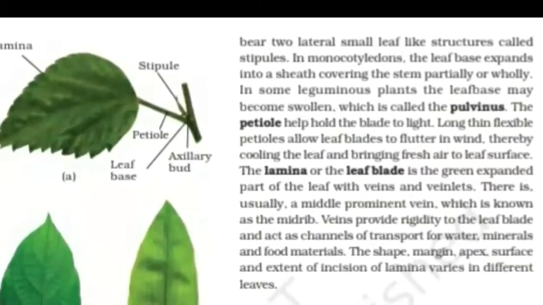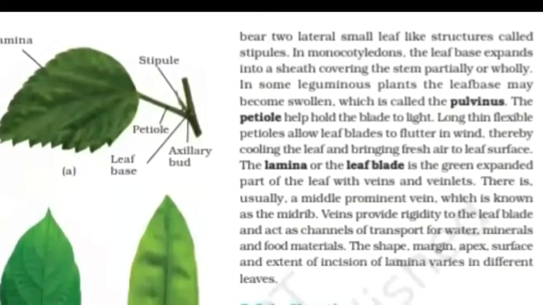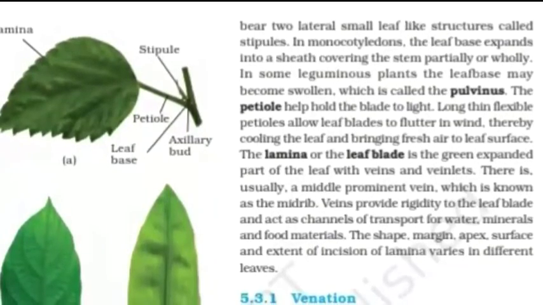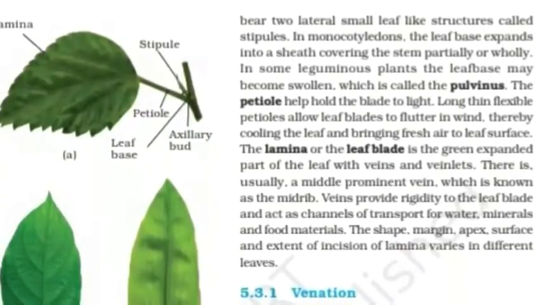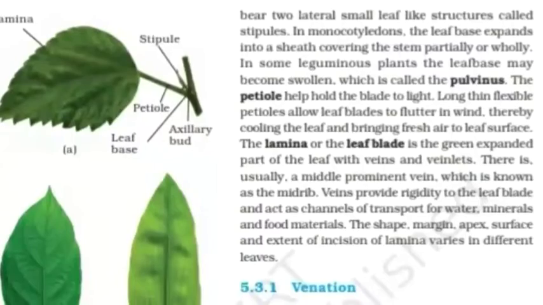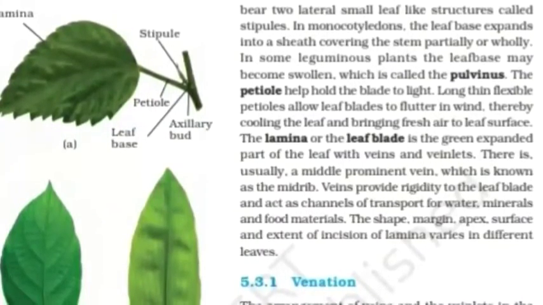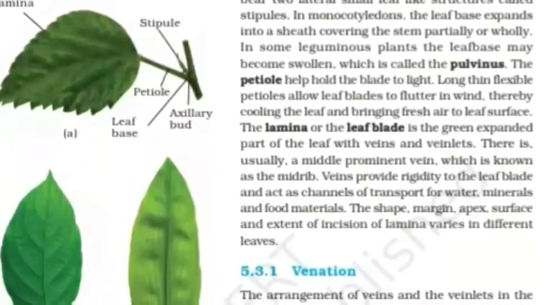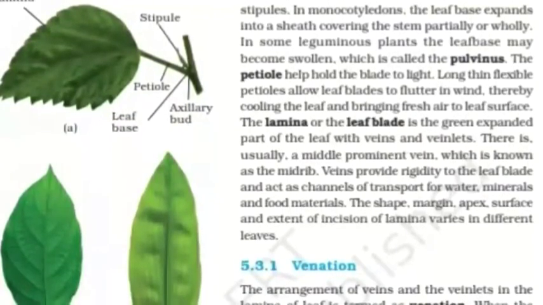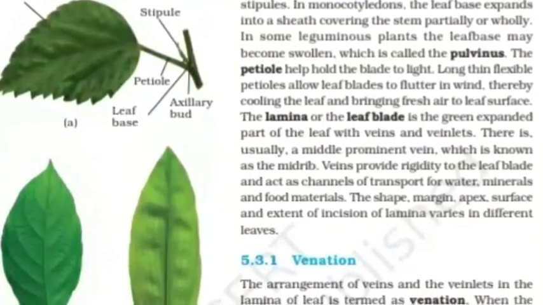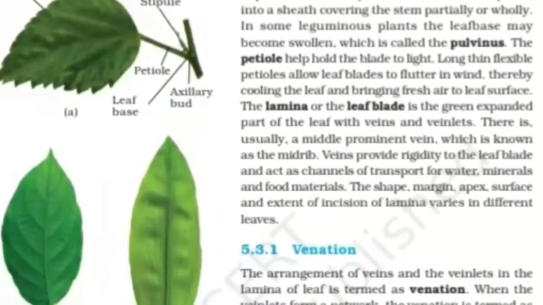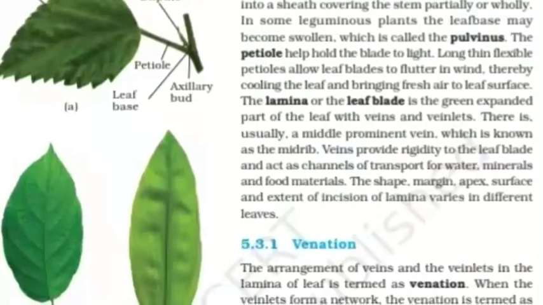In some leguminous plants, the leaf base may become swollen, which is called pulvinus. The petioles help hold the blade to light. Long, thin, flexible petioles allow leaf blades to flutter in wind, thereby cooling the leaf and bringing fresh air to